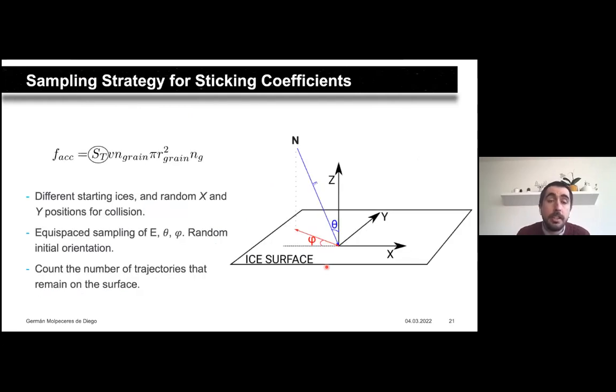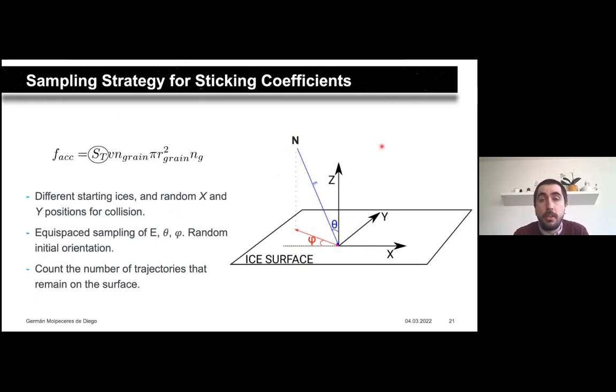And what we did, therefore, was to obtain the sticking coefficient that I've mentioned before to probe how these weakly bound particles interact with the ice surface upon collision. And for doing that, we studied a lot of different trajectories. We shot nitrogen atoms toward the surface in order to determine what are the different outcomes for many, many thousands of collisions of the nitrogen with the surface, ranging the angle of incidence of the collision, the kinetic energy of the collision, and also the impinging point on the surface.